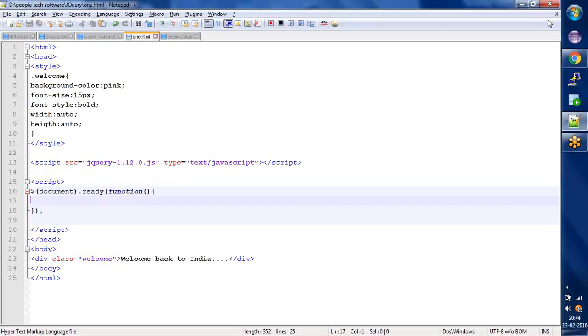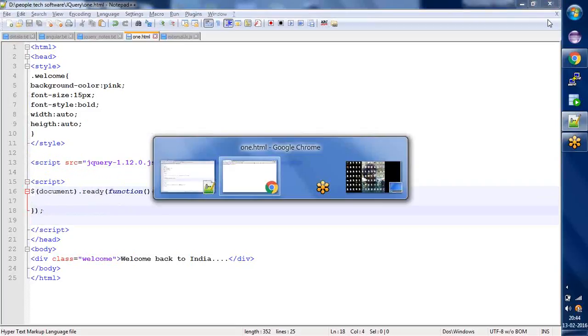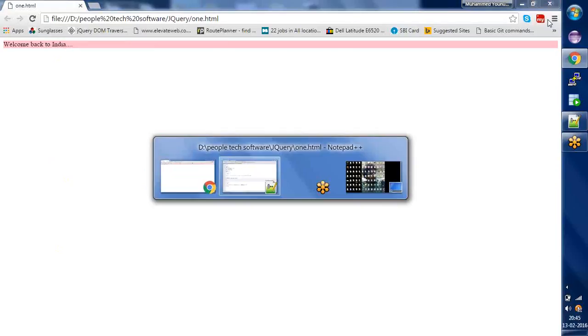So nothing is there in the script as of now. It's a simple HTML file. You can see,